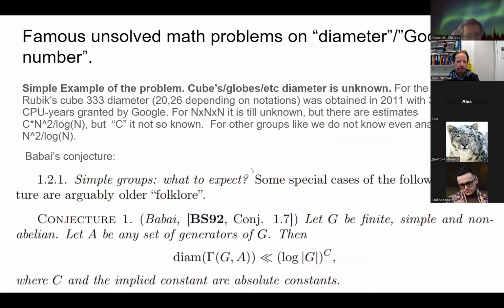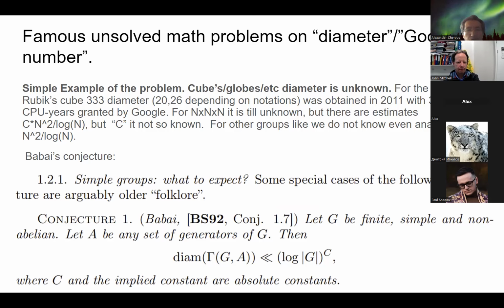Now, let us speak a little bit about why this is interesting and important for mathematics. In mathematics, we are interested in what is called the diameter of the graph, or in this puzzle language, God's number.